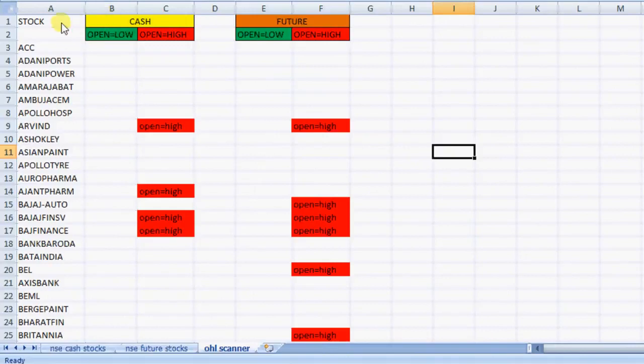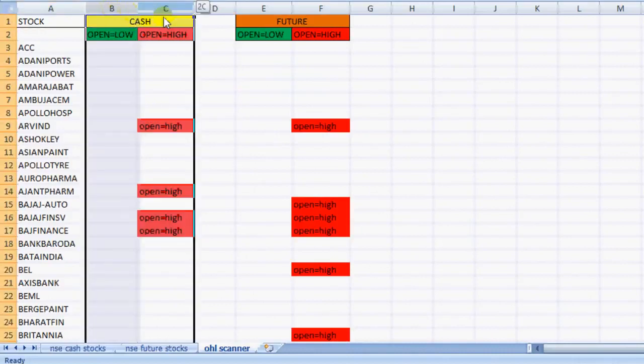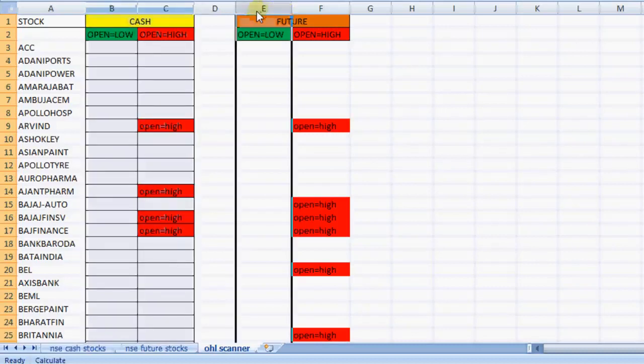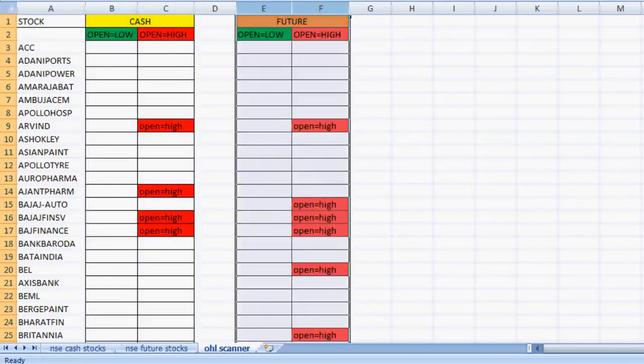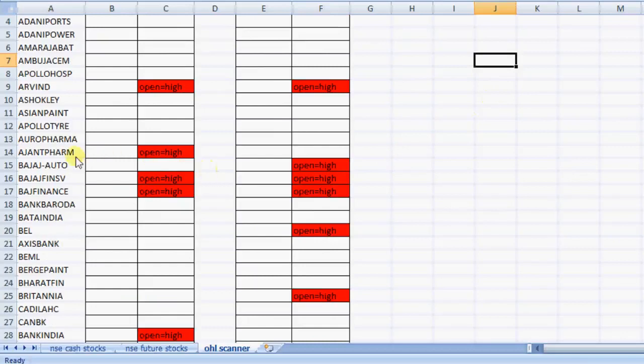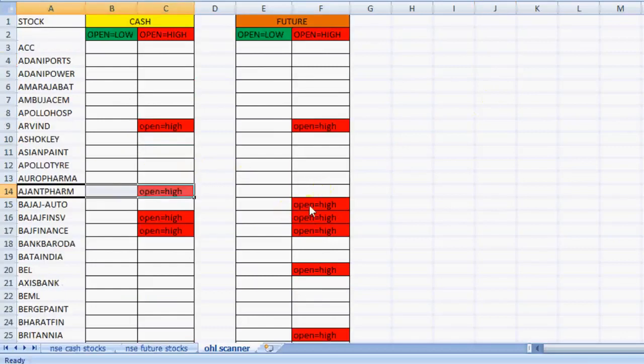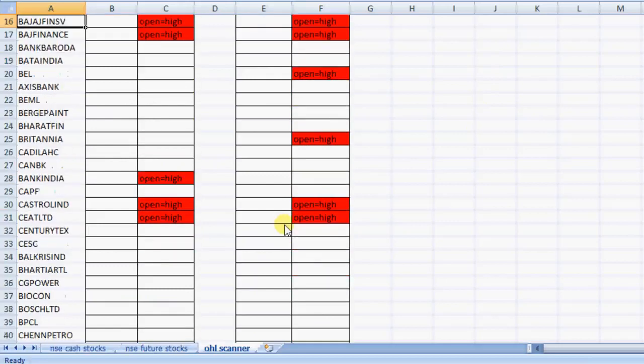This scanner shows both future and cash stocks where open is equal to low and open is equal to high. Here you can see Agenda Firm: only the cash stock shows open is equal to high, but the future stock didn't show open is equal to high. So if both are matching, just select those stocks only.